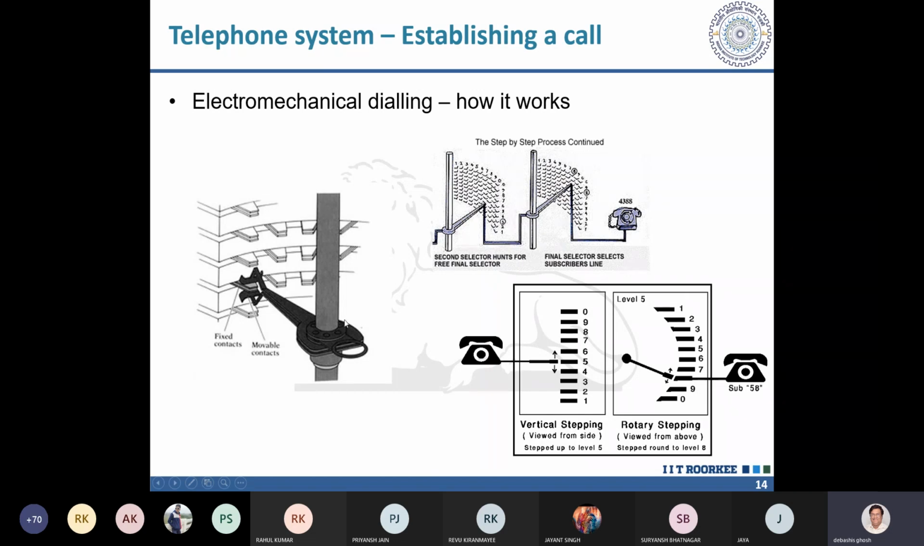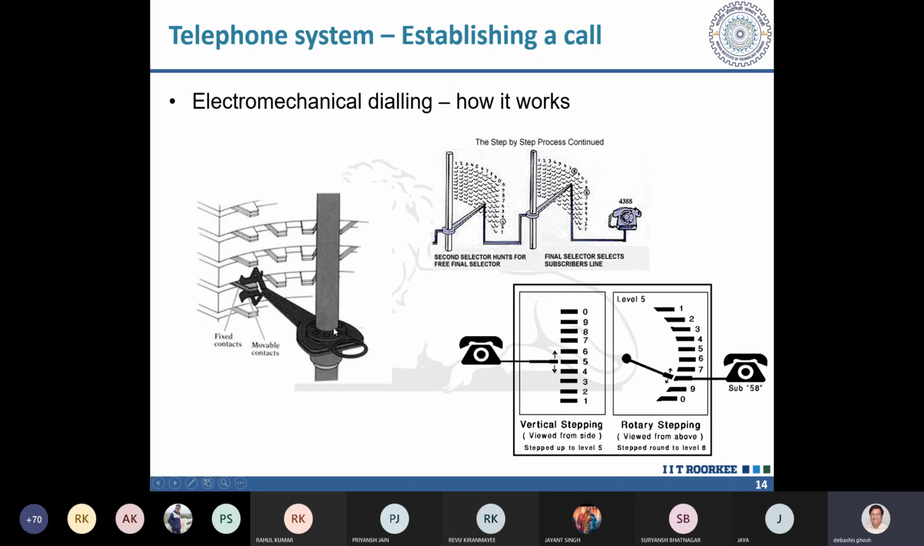It will get energized. Say I dial 5, the first number. There is an electromagnet which will be energizing this vertical shaft. This vertical shaft will be pulled 5 times, for 5 pulses, and every time it is pulled, it will go up by 1 position, vertically. Okay, and then when you dial the second number,